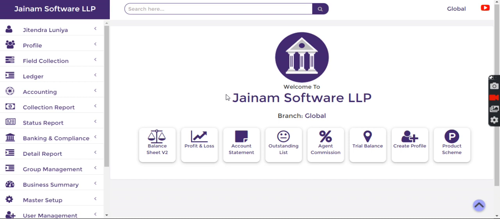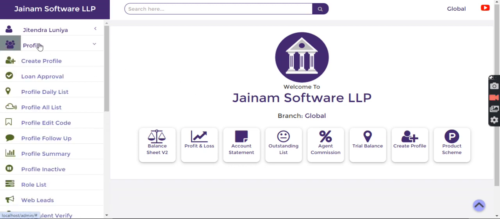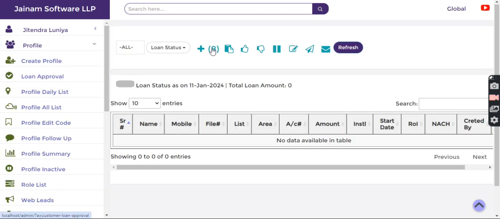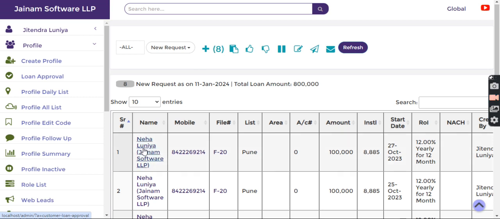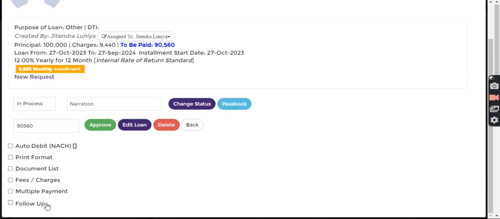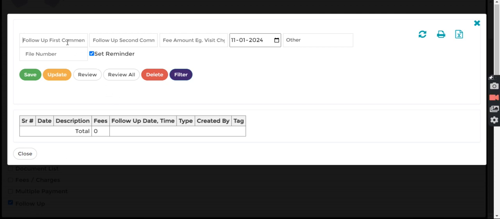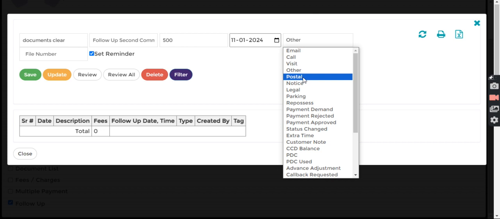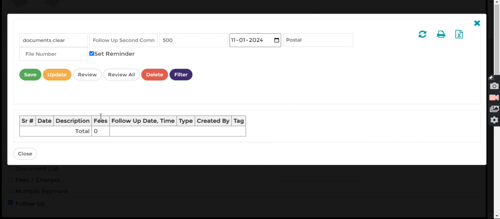In this video, we will understand follow management in the loan approval process. In profile loan approval, I have 8 loans. I click here, and in follow I enter some comments and enter the fees which should be recovered later. Let's say some charges, for example. I click save